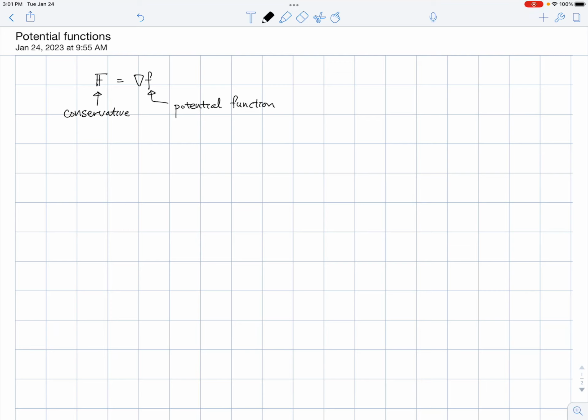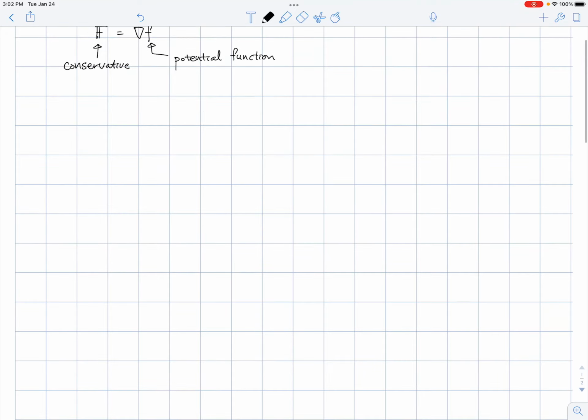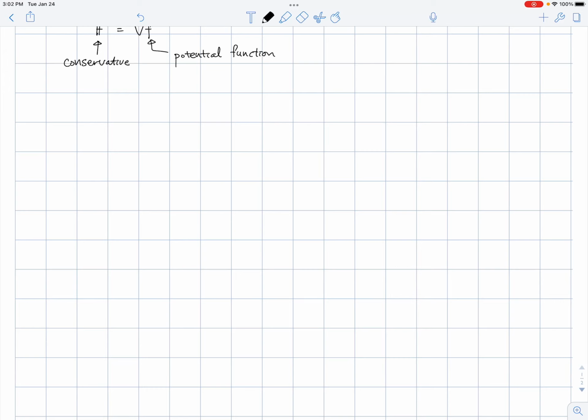When you have a function and you take the gradient, it gives you a conservative vector field. When you have a vector field and you know it is conservative, you can then ask if you can find the function. It's a potential function. Okay, so that's